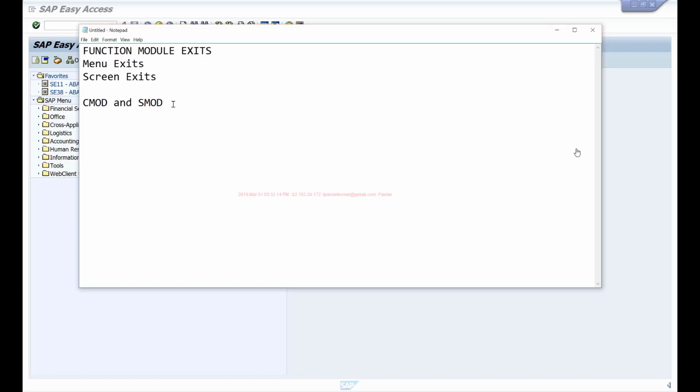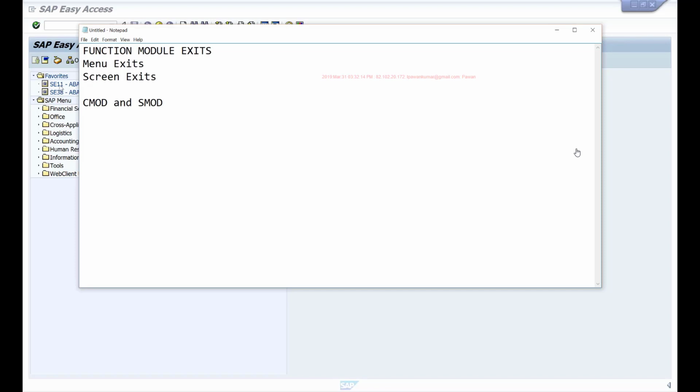Another thing that differentiates customer exits from user exits that we discussed in the previous session is that from customer exits, SAP started supporting the switch framework, which means once you implement an enhancement, if you don't want to trigger that enhancement in future, then you don't have to delete the code. You can simply deactivate the enhancement. When SAP is delivering this software, it delivers all these exits and all of them will be deactivated. But based on your requirement, you can choose which enhancements to be activated to get that additional functionality into your application.